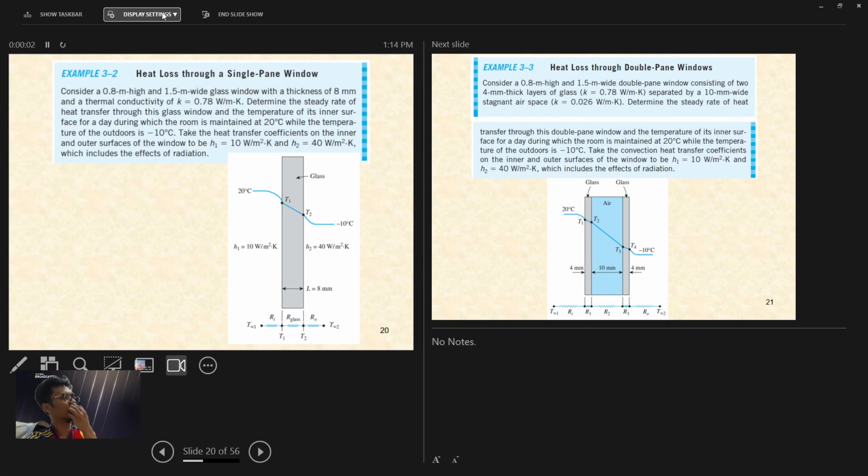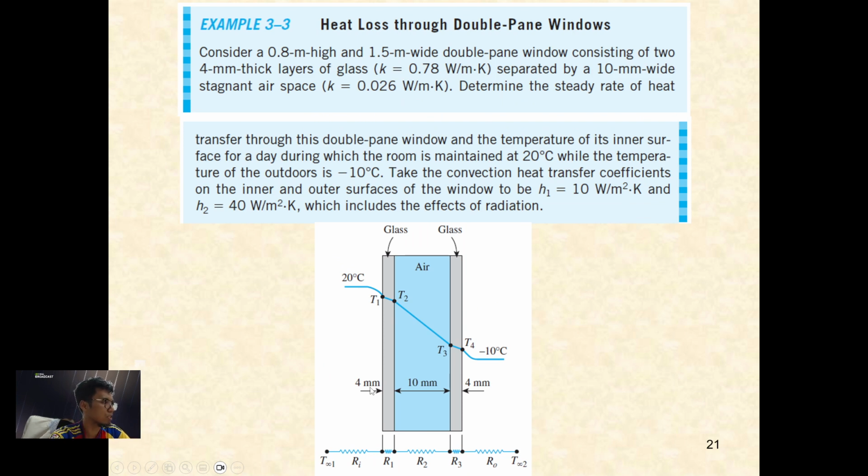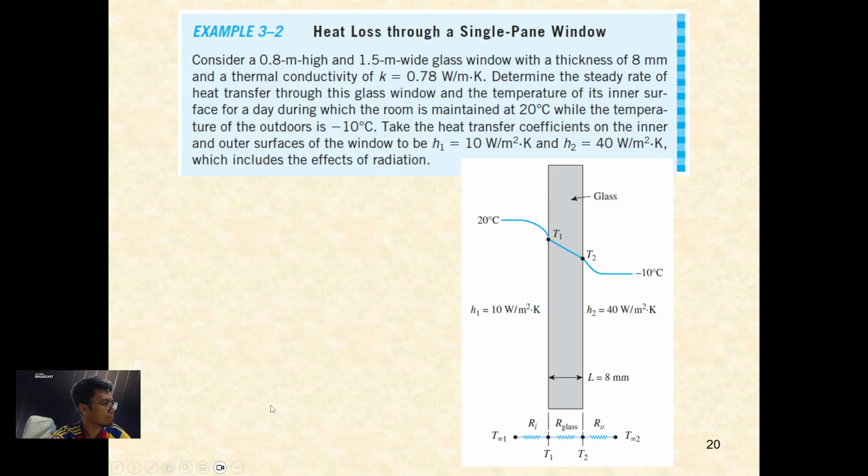So for a single pane window, how to solve that? The easiest part is to sketch a resistance here. Since we will only use the thermal resistance concept, you need to find the resistance there. So the resistance, or R total, equals R convection